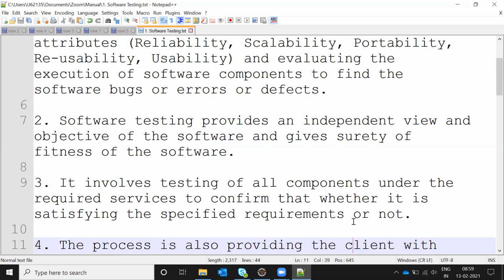We test the entire application to see whether it satisfies the required specification or not.